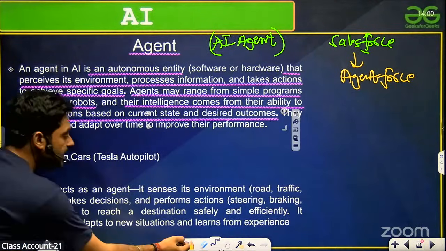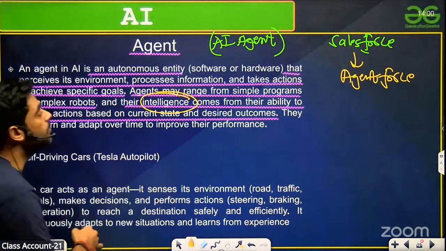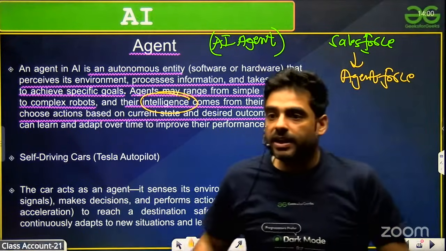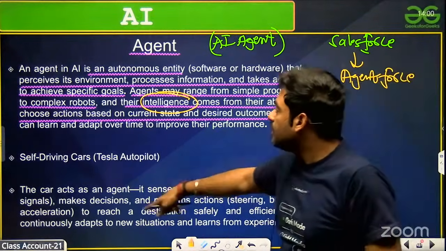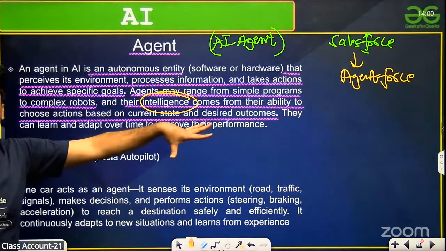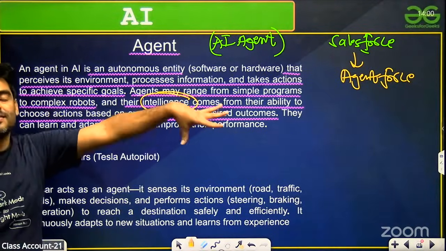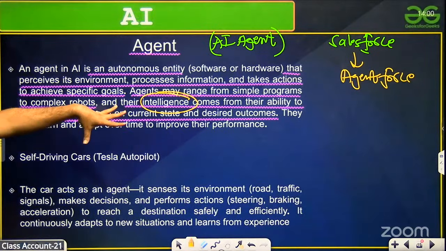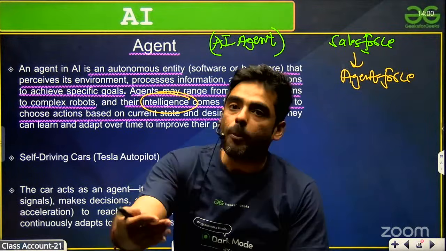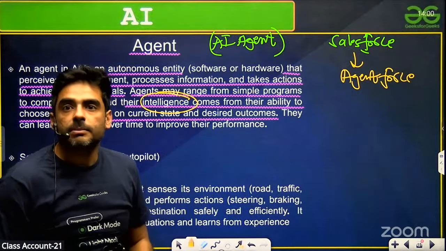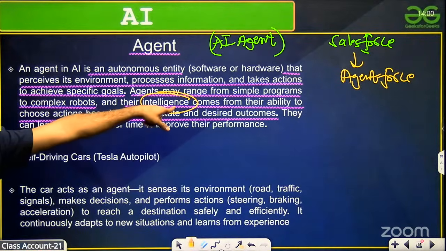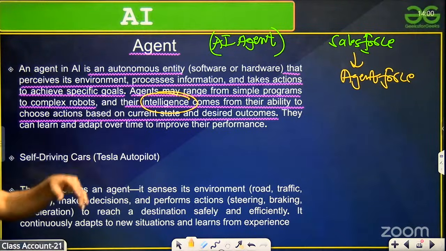So here again, this word intelligence has come. That is why I told you that for all the tasks that any machine or human performs, this word intelligence always comes, because every machine or human wants their task to be performed in an optimized way. So this word intelligence would come every time.